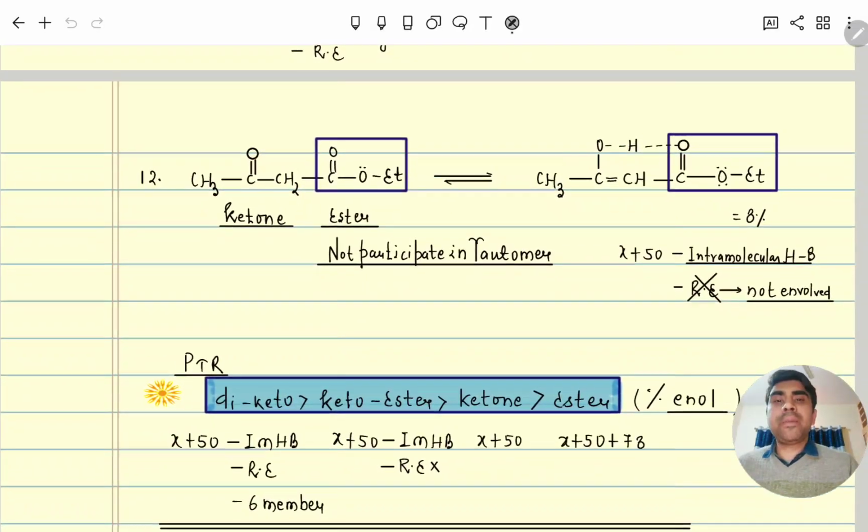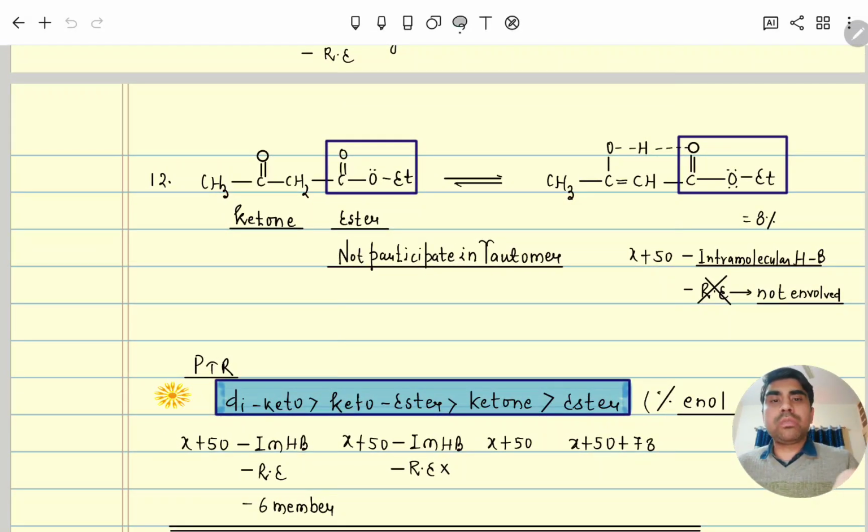Now here you can say that in this ketone, there is also an ester. So in this ketone, the alpha hydrogen here or the alpha hydrogen here, both are sp3. If we do its enol, suppose on this side, this hydrogen does hydrogen bonding with this one also. Due to that, you can see chelation happens, six membered, and this ester resonance energy is not hindered,